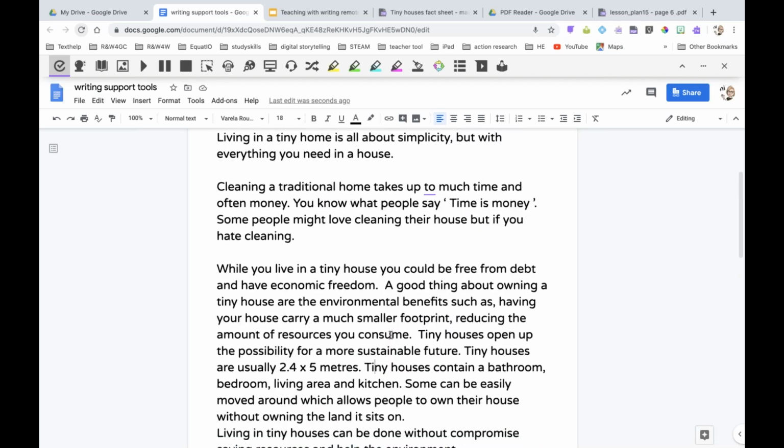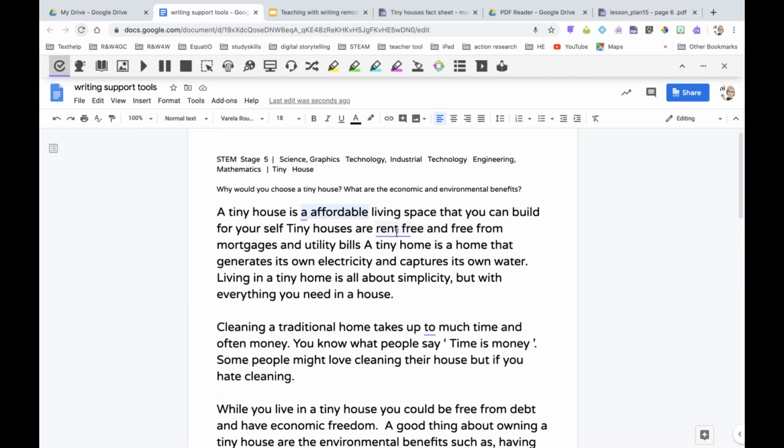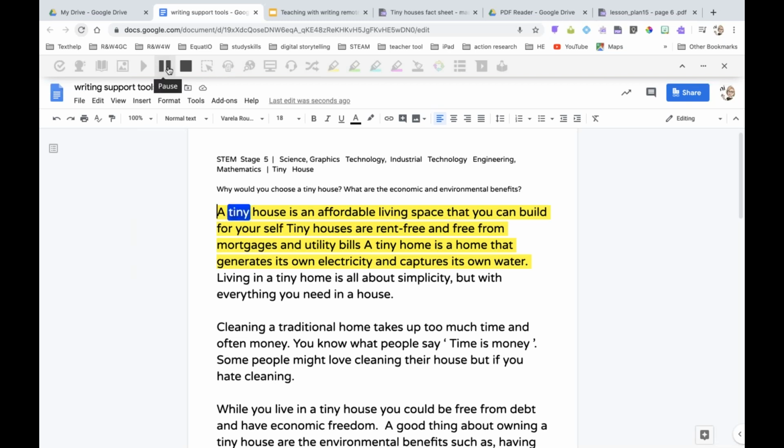So once I've done my writing, I've completed all my spell check. I forgot to change that one. The next thing that I want to do is I want to listen to my text and I want to hear it being read back. So I'm going to turn off my spell check for now. A tiny house is an